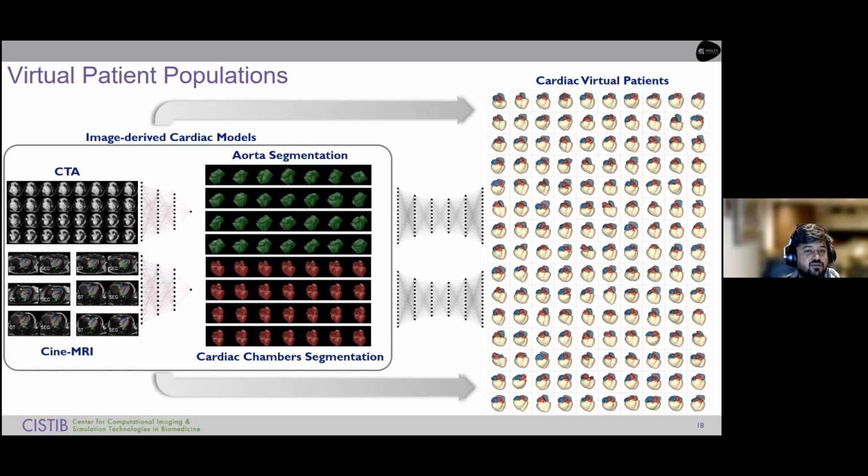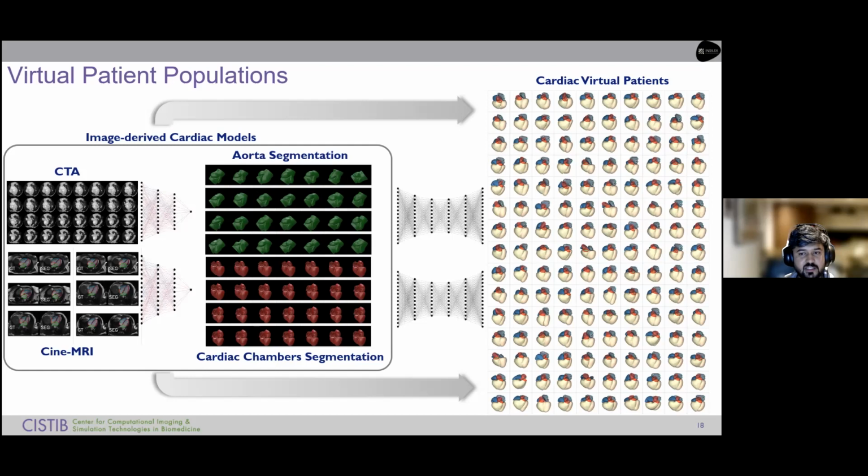And if we can do this, then what is depicted in a very hand-wavy fashion on this slide might be possible, where I can get CTA images from a population of, say, patients in India. I could get cine or cinematic MRI images from some patients in China. And I can find a way to extract the information I need for the anatomical or physiological characteristics of interest